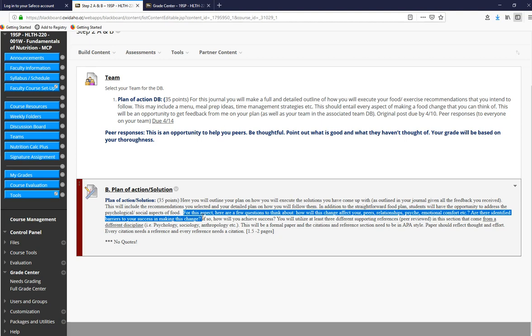A part of executing a plan is not just about what you're planning on eating and how you are going to actually eat it, right? Because the reality is if changing was easy, everyone would do it. It really takes some methodical step work, which is why you're doing that work before you actually do the diet change. But that methodical step work includes other people. For example, what if you're married and your spouse is like, I don't want to give up meat, I love hamburgers, and your diet plan was to give up meat? What are you going to do about that? How are you going to navigate those waters?